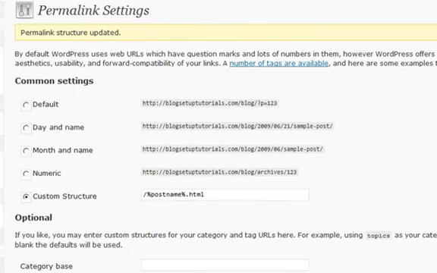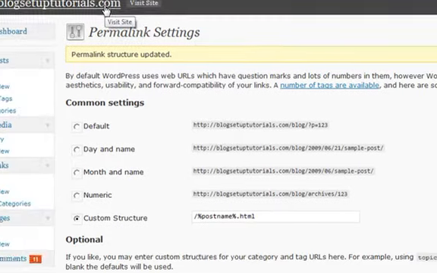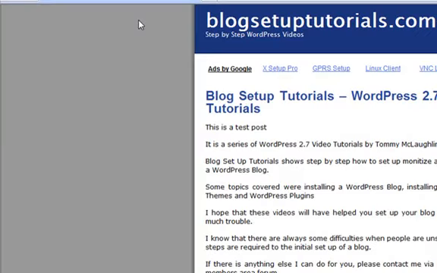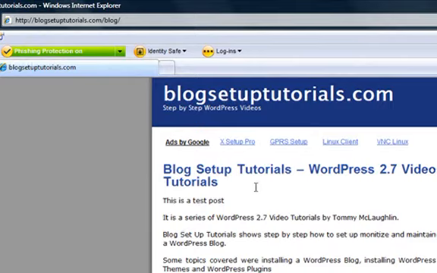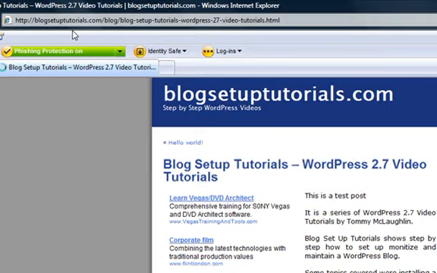So if we go back to the site, and hopefully when we click on the blog post title, we should see the new perma structure showing. And if we look in the taskbar again, we can see there's your domain name, blog, and there's the new permalink, which is Blog Setup Tutorials